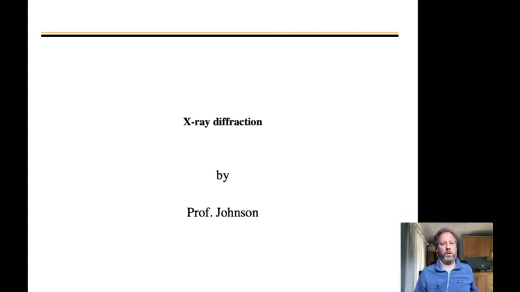All right, welcome to a lecture about X-ray diffraction. I figured out some additional tools, so I believe that you will be able to see the laser pointer. Looks like it's there. So, X-ray diffraction, and the focus of this lecture is going to be on where the